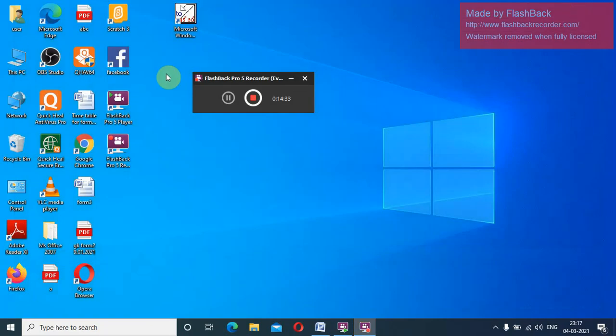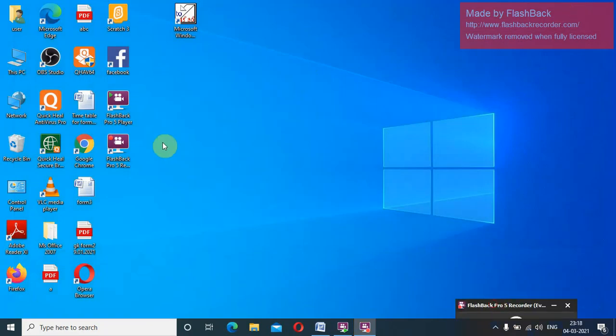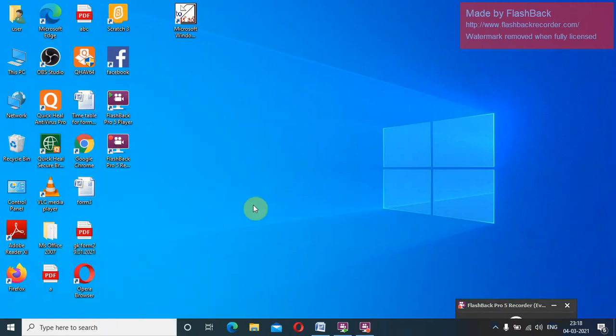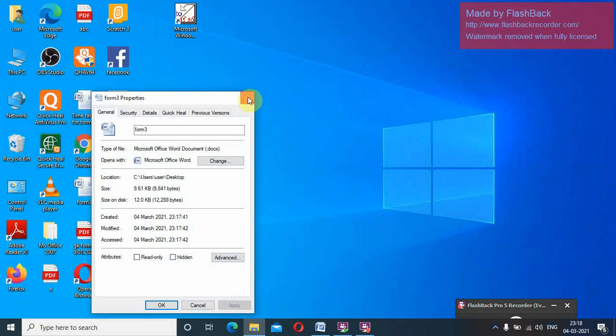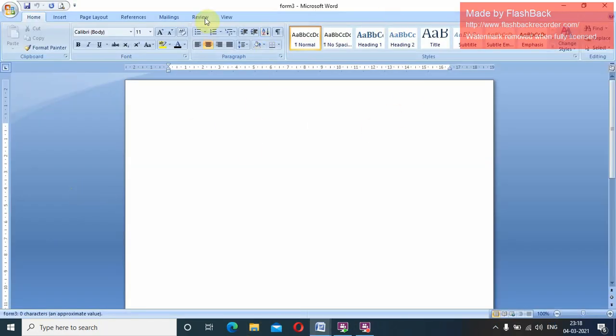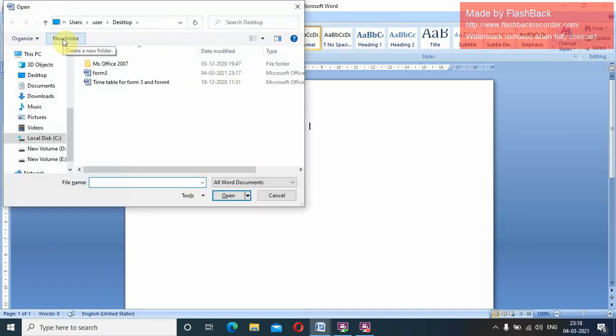Now you can see here my file form 3. So this is my form 3 I had opened. Instead of that, if I do Control O, I want to open my file.